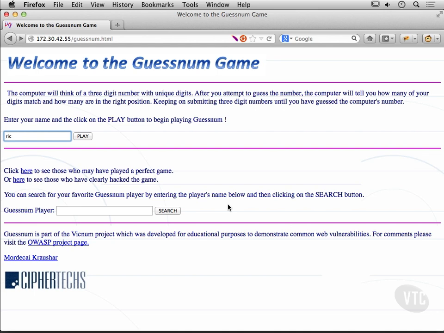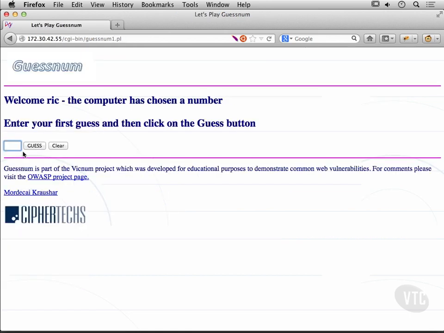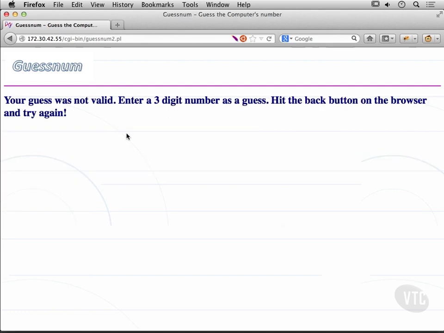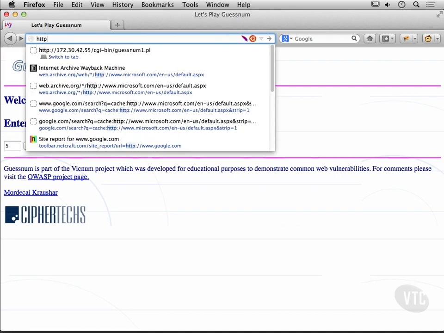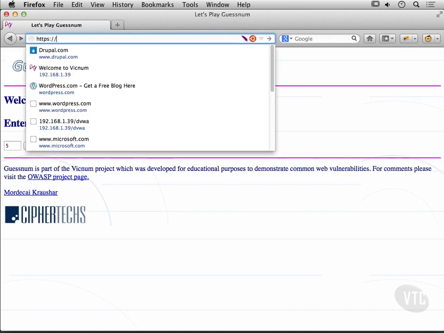So as an example, here I've got this page here, welcome to the Guess Num game, and I'm guessing based on what I'm seeing here and what I have seen from playing around is really all there is just a web server here. Even though I have programmatic access to this and there's some forms that I could play around with and there's some logic in terms of application code behind it, really all there is a web server. Now, if I were to take a look at this site, for example,